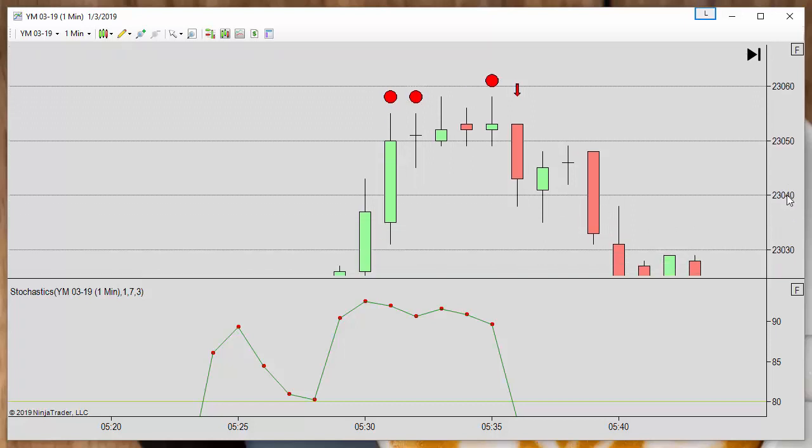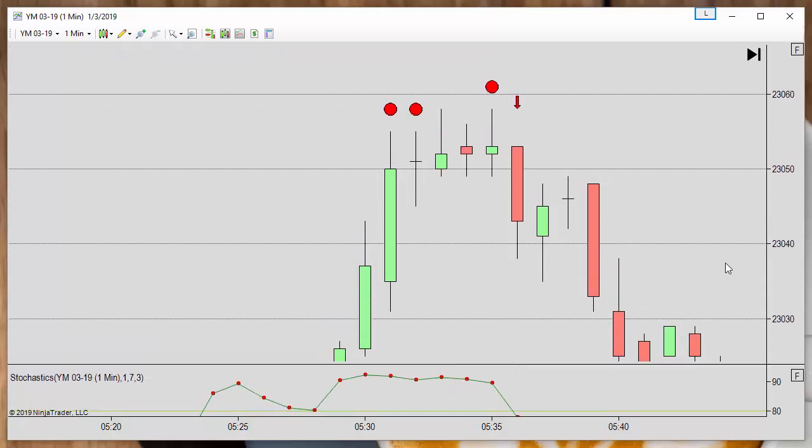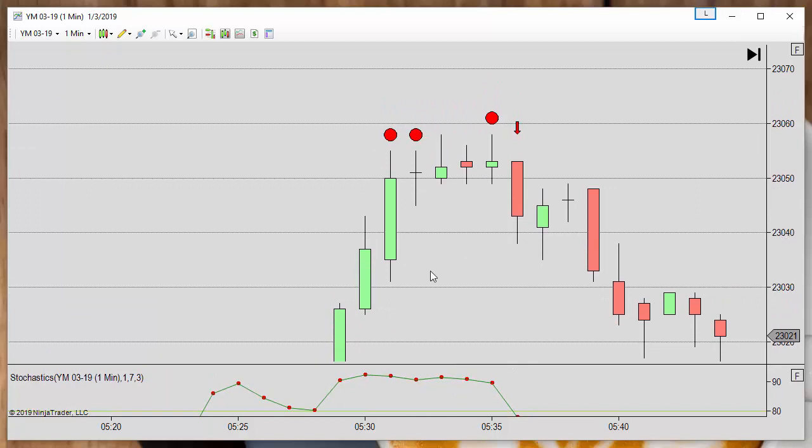And on the reversal bars we have an entry method. Each time we have a reversal bar, we place a stop entry order. In this case this is a sell stop at n ticks, by default 3, from the low of the bar. This bar is a reversal bar, so we place a sell stop 3 ticks from the low of the bar. On the following bar we don't get a fill, but it is also a reversal bar, so we can move the previous order 3 ticks from the low of this bar.